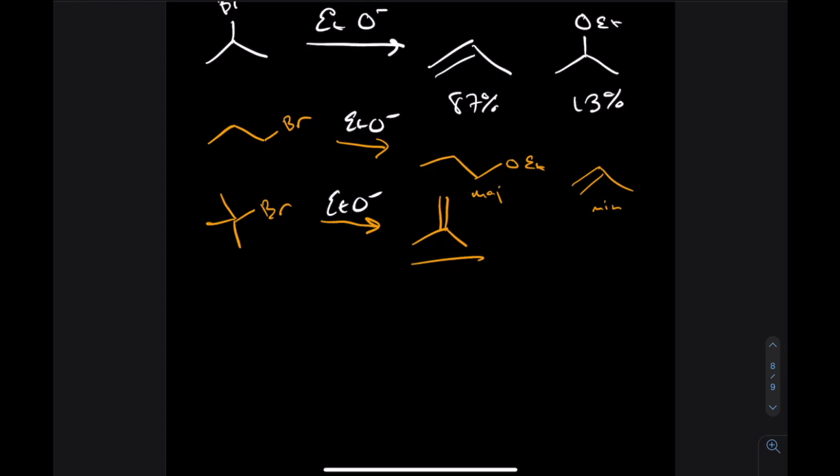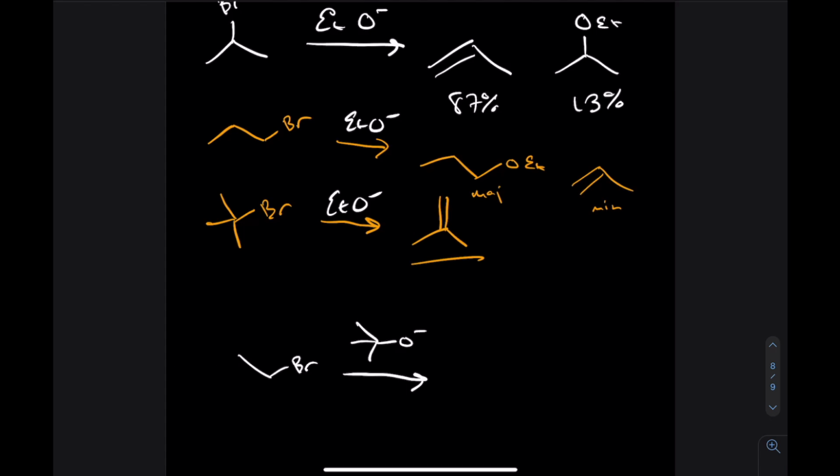But if we did something with a huge base, one of those giant bases that I had talked about previously, then what we would see is much more elimination, because this is a fat, gross base, and it is too fat to be doing substitution, especially SN1, SN2 type chemistry, which is the preferred chemistry. So what you actually end up with,